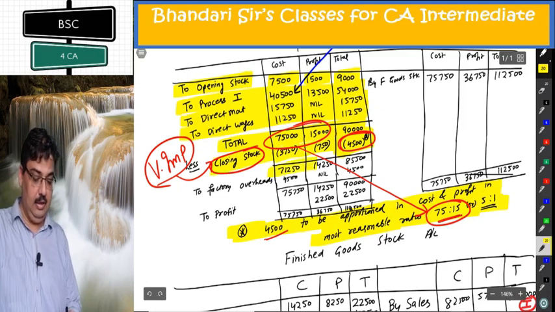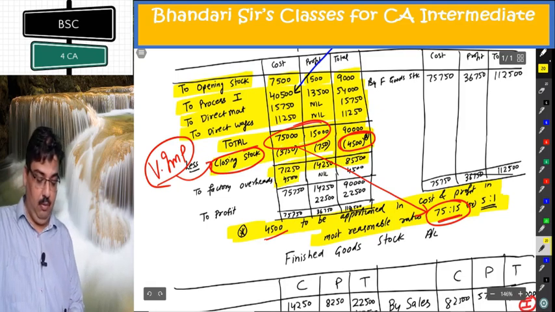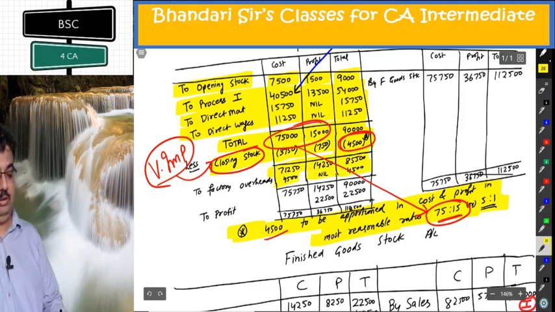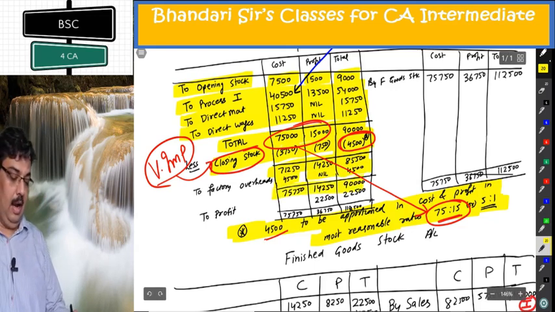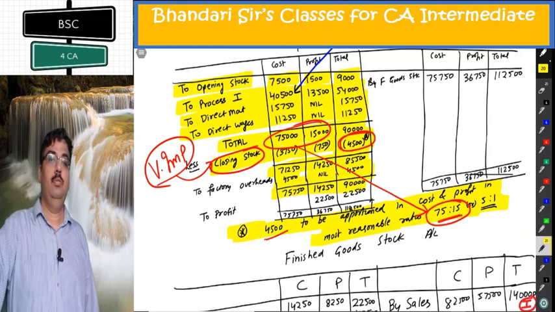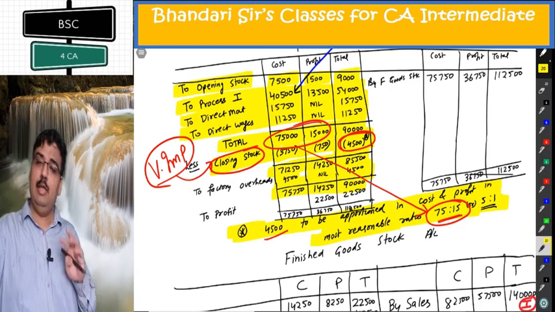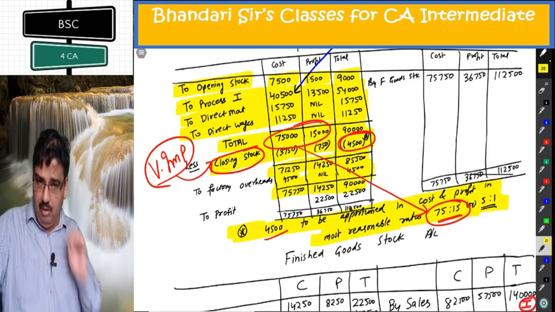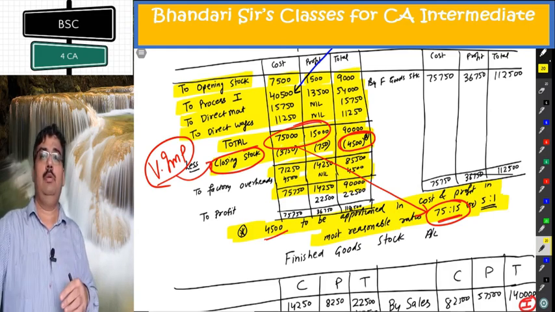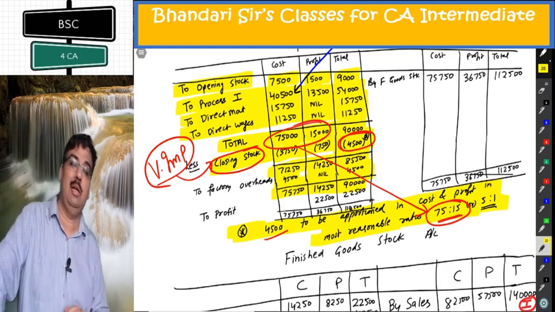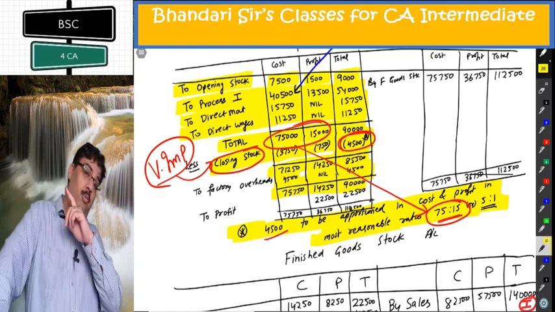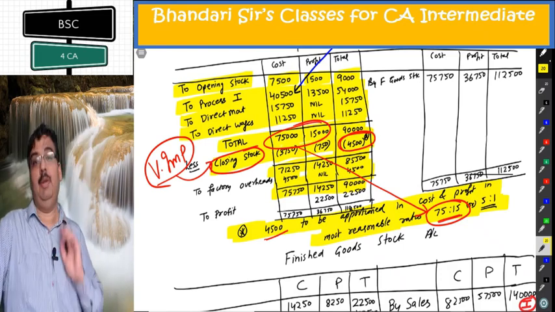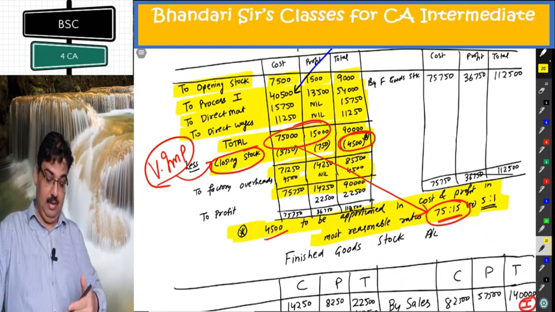Having done this, take the totals. Factory overhead 4,500, only cost, which will be total also. Add them all. I am able to reach there. You need to do it on your own. At this moment you can note it, but later on do it on your own. 2 times, 3 times. You will be able to get the concept clearly. Note those 4 points which I first explained to you. After that, this question can be dealt.